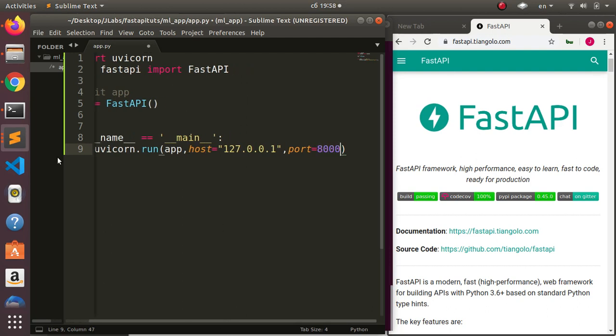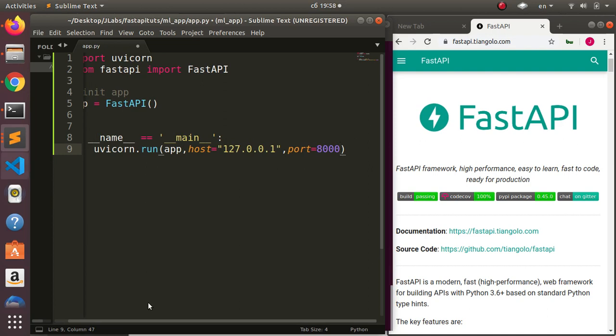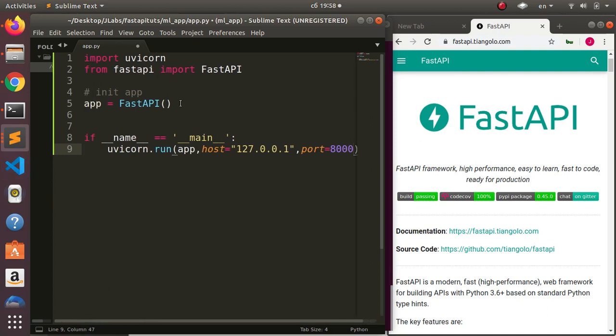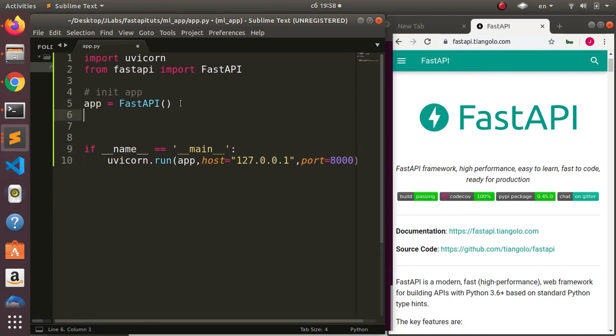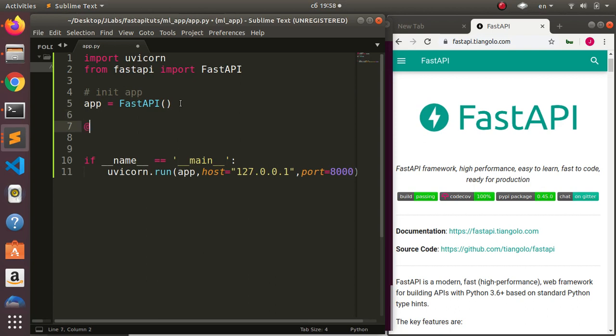So we have created something very simple and basic. We'll be running it from this particular option. Now let's create our first route. Just like Flask, here we also use decorators. We're going to create our first decorator, which is going to be our